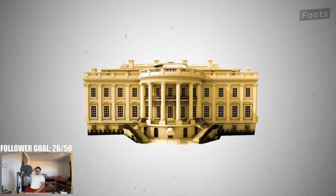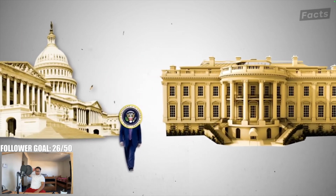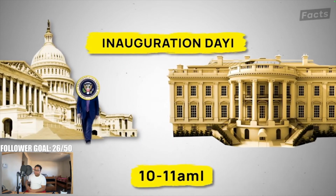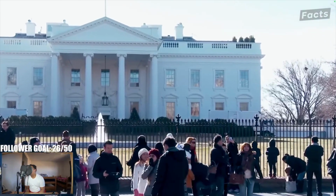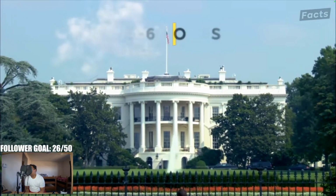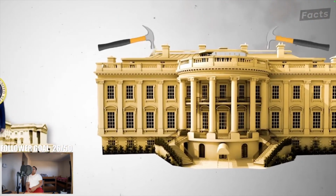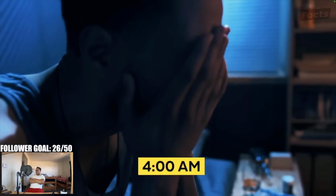No changes can be made until the sitting president actually leaves the White House that morning for Inauguration Day, around 10 to 11 a.m. This means that despite the several months of preparation and planning, the team only has about 5 to 6 hours to pull everything off once the exiting first family leaves for the swearing in of the new president. On Inauguration Day, the White House staff rise as early as 4 in the morning to get a